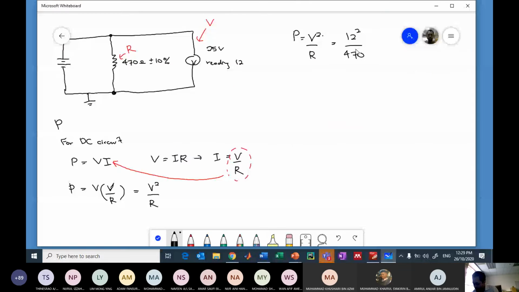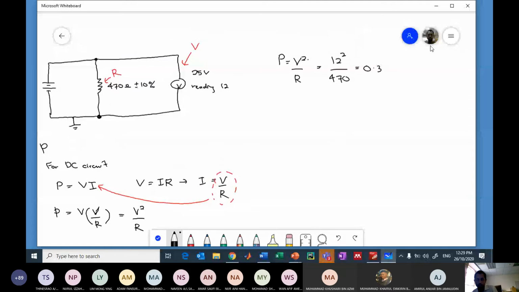So 144 divided by 470, you're going to get 0.3064 watts. The answer was only until 3 decimal points, so I just take 3 decimal points. And then for the error, by right, you should take the error from the meter itself, and then you should add them together